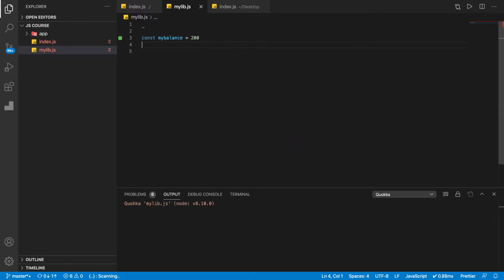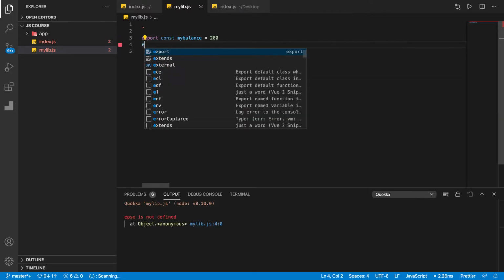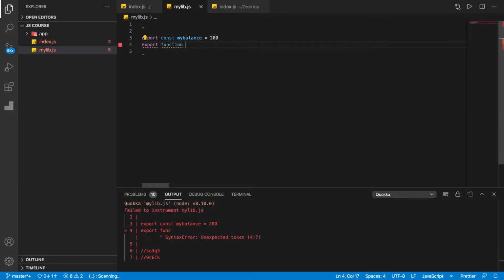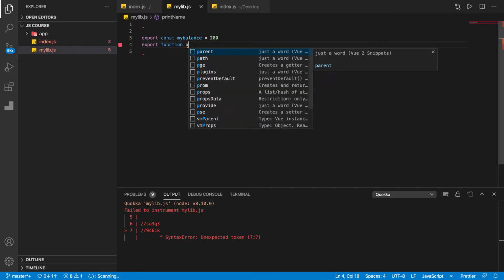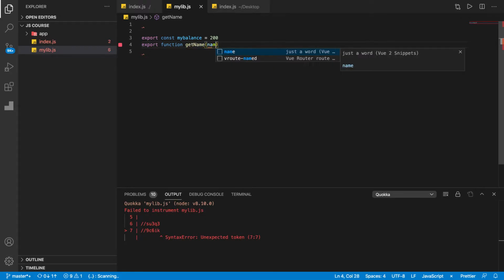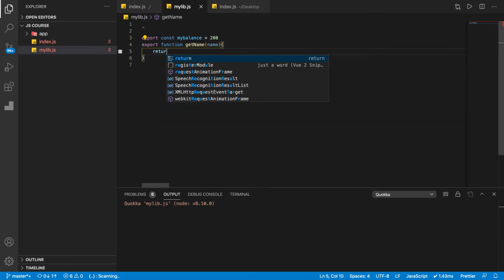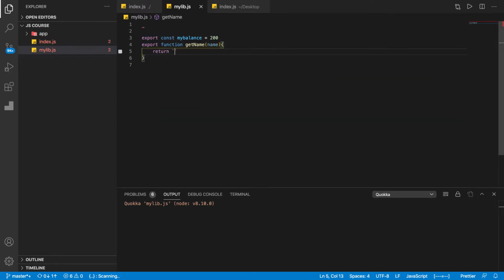And let's say we want to export that, so we can say export const. And then export function getName, and we can simply return a string literal, my name is, so it will return you the name. Perfect, right? Now you can see in this very small, awesome, elegant library, we have two awesome functionalities,